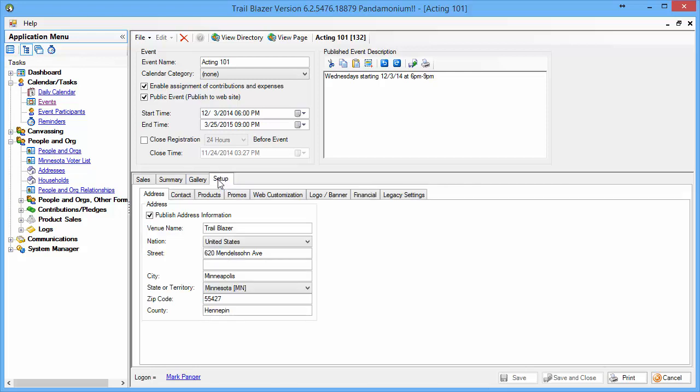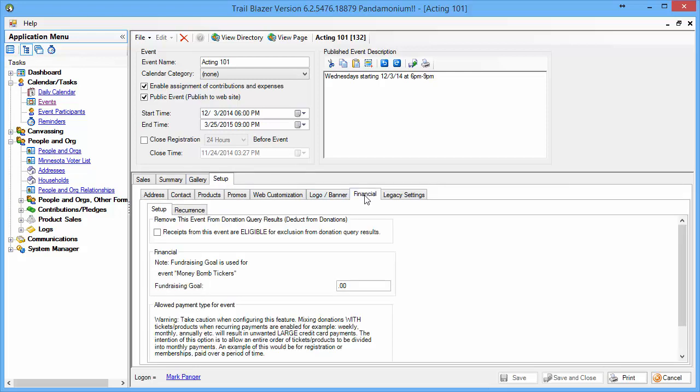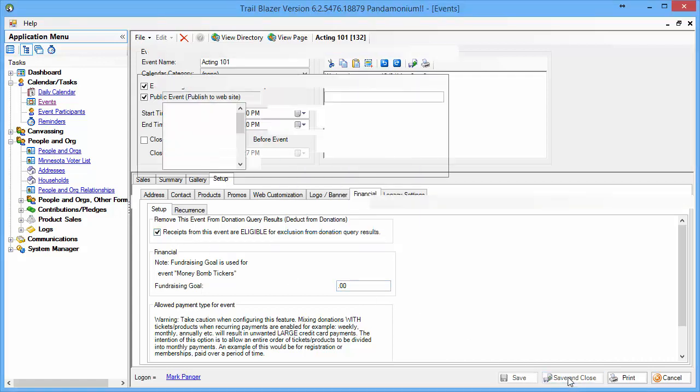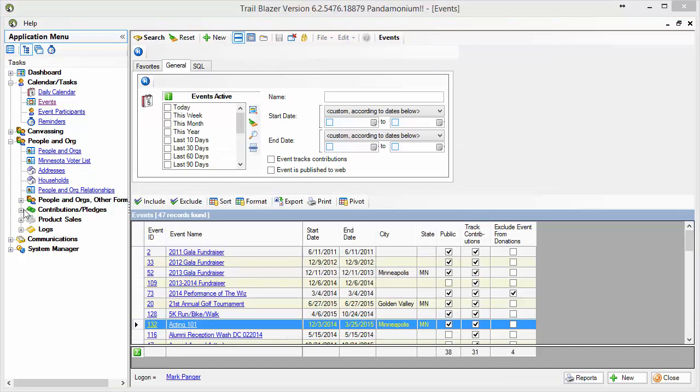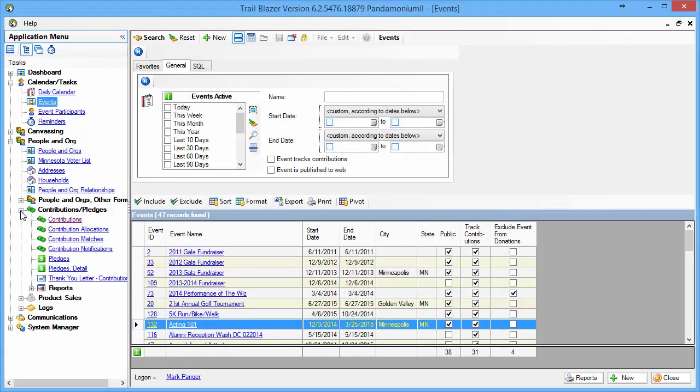I'm going to go to my Setup tab. I'll go to Financial, and there's a checkbox here that says receipts from this event are eligible for exclusion from donation query results. I'll check mark that box. I'll save and close. Now when I want to exclude those from my contribution query results, I'm going